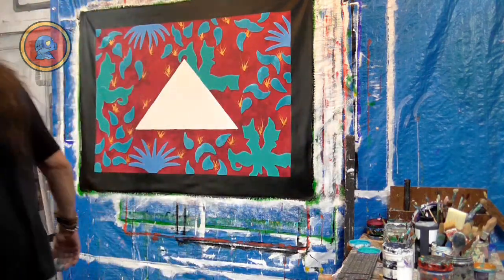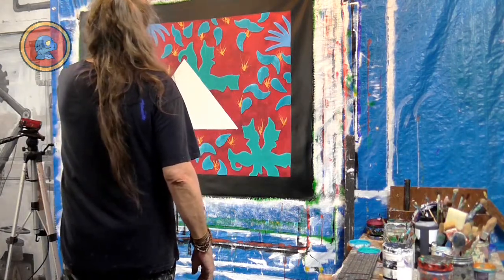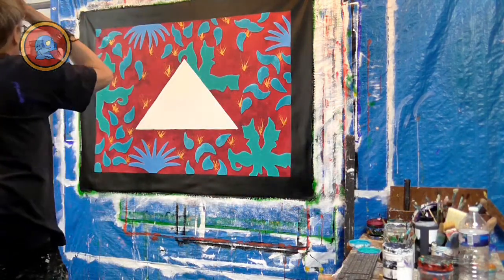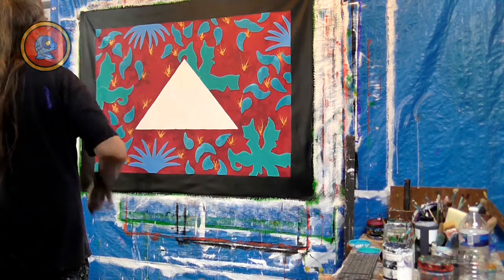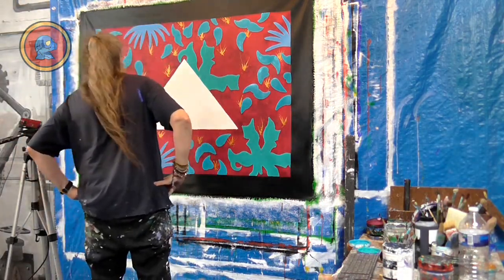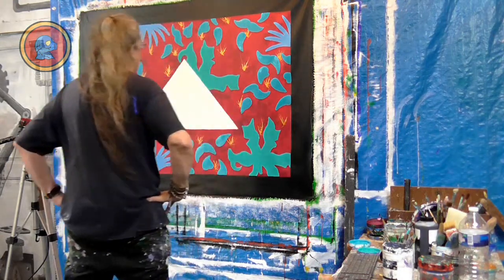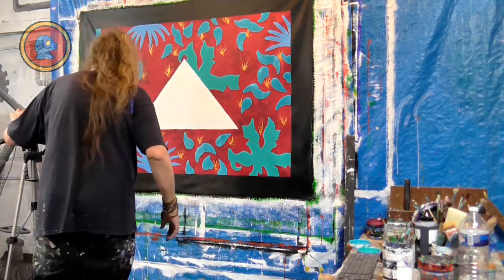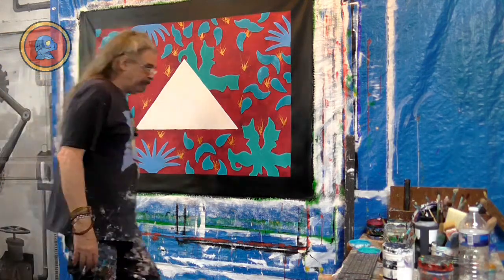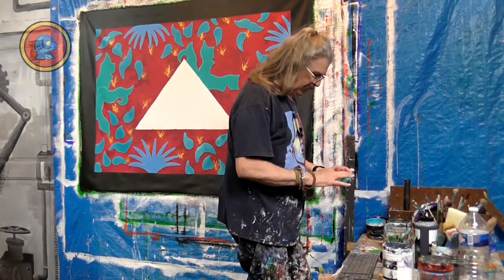So, what's this all look like? So I still can't tell if it'll need a second coat. Looks like it won't, which is very surprising. But anyways, let's not waste any time. I am going to start tackling the second coat of these plants. There we go. And for that, I am going to use this